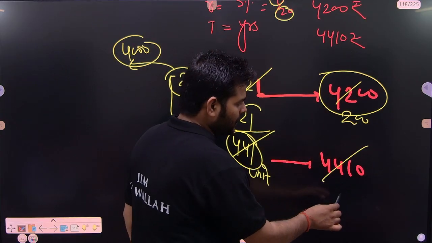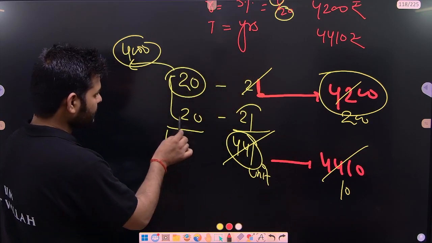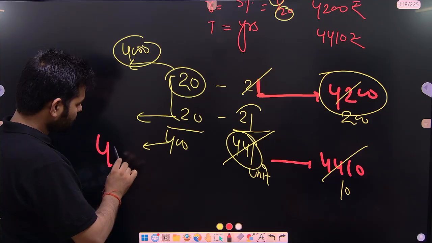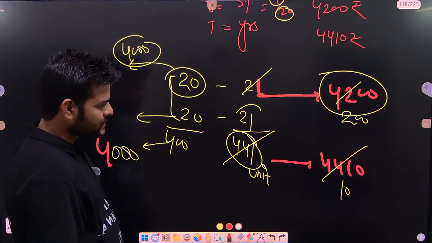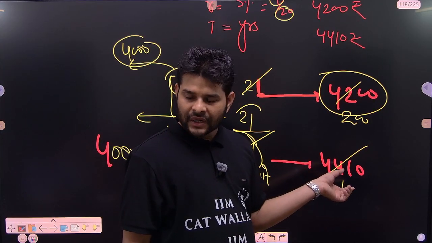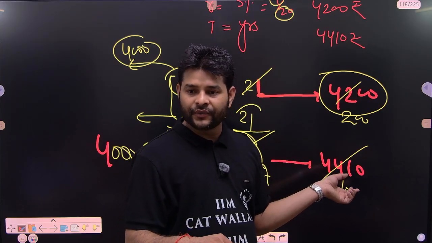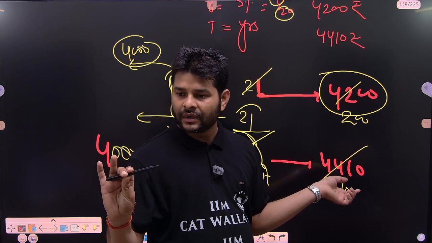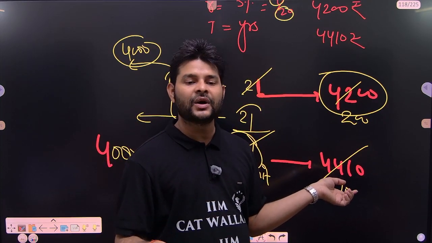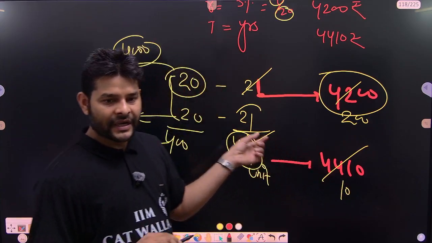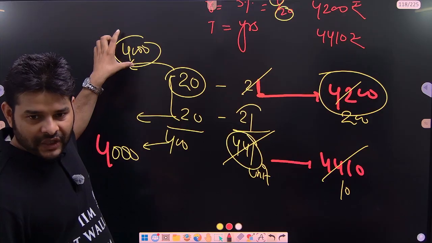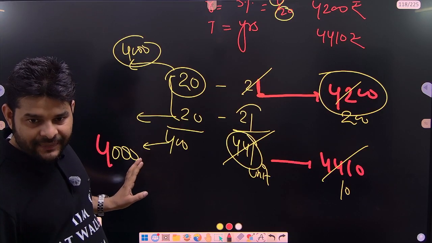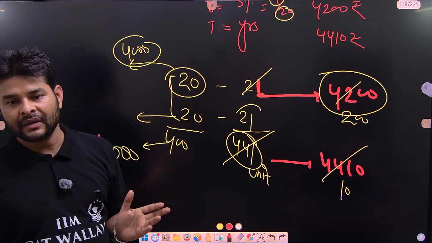So 1 unit value would be 10, and 400 units would be 4,000. When the borrower gives 4,410, 4,000 is the principal, the rest is interest. So in the first installment he repaid 4,000 principal, and in the second installment he again repaid 4,000 principal. So the total principal would be